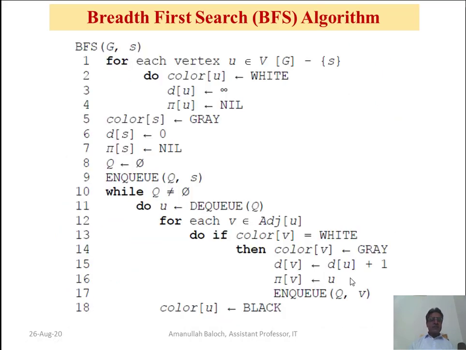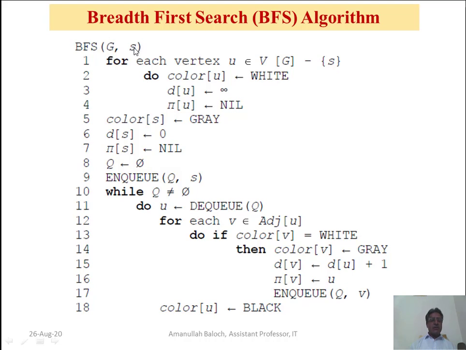Breadth first search algorithm, that is code, pseudocode, BFS. The requirement of breadth first search algorithm is we pass a graph G, which consists of the set of vertices V and the set of edges E. We have discussed the graph in detail in our previous lecture number 17. This is our lecture number 18. We have discussed that a graph consists of the set of vertices V and the set of edges E. So the graph with the set of vertices V and set of edges E will be passed to this one.